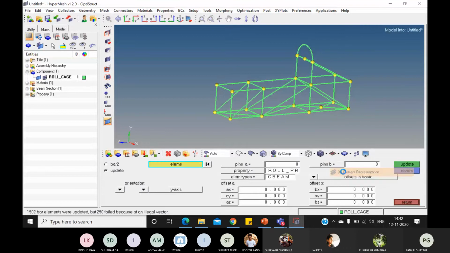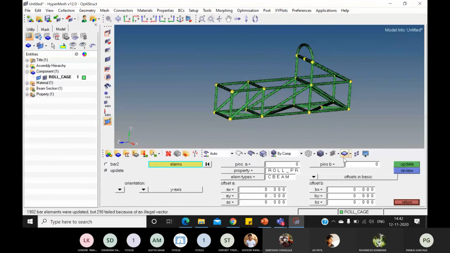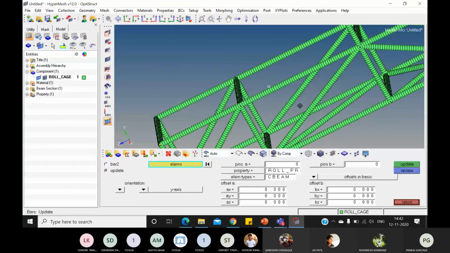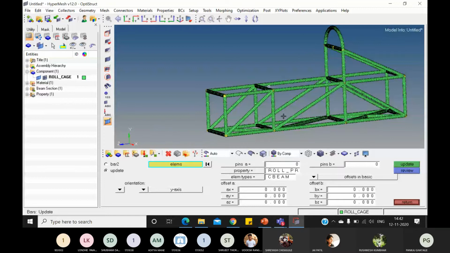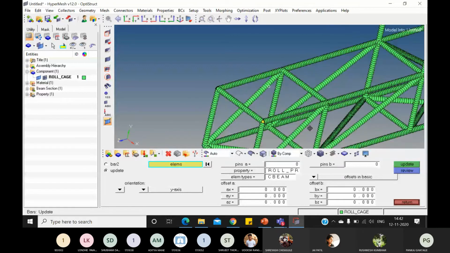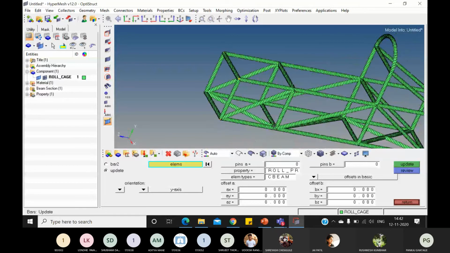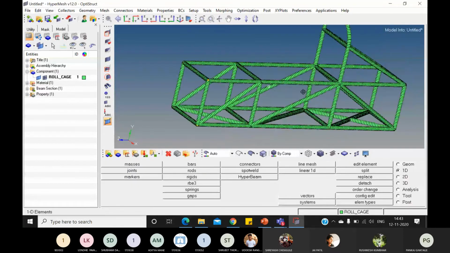And if you go to the 3D representation, all the elements are updated here. You can check. Okay, so my roll cage structure is created properly. Getting the point? So here only the orientation axis is changed. Otherwise, everything is the same here. Now go to the return. So what I have done, all the